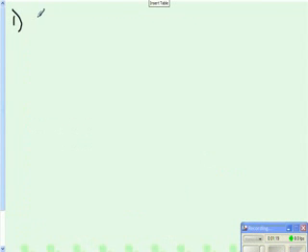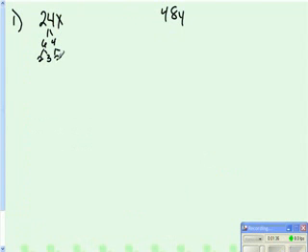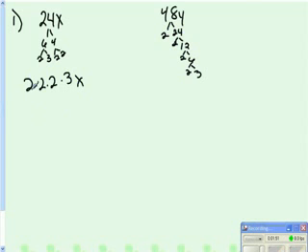So for number 1, they want us to factor each polynomial. That means I have to do what I did yesterday first. So I'm going to take each term. I have a 24x and I have a 48y, and I'm going to find out my greatest common factor. So this is 6 times 4, 2 times 3, 2 times 2, and x. This is 2 times 24, 2 times 12, 2 times 6, 2 times 3. So I had 2 times 2 times 2 times 3 times x, and I had 2 times 2 times 2